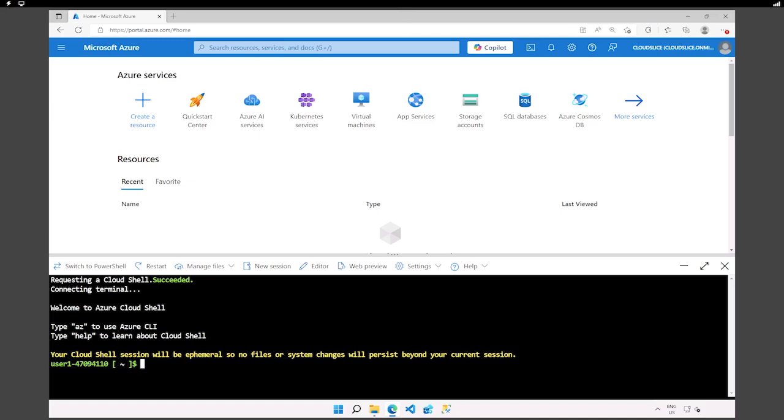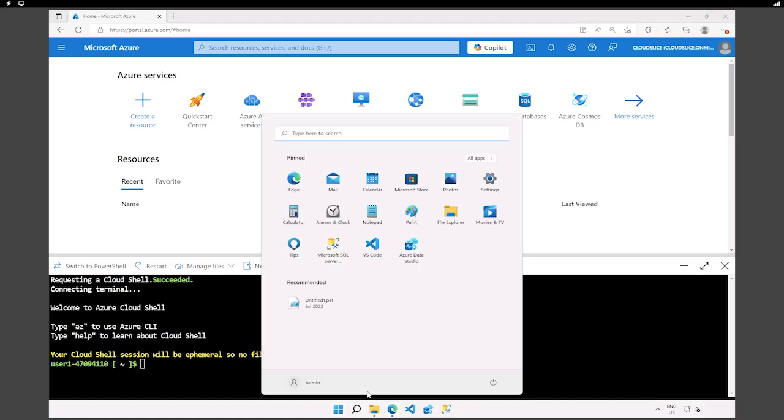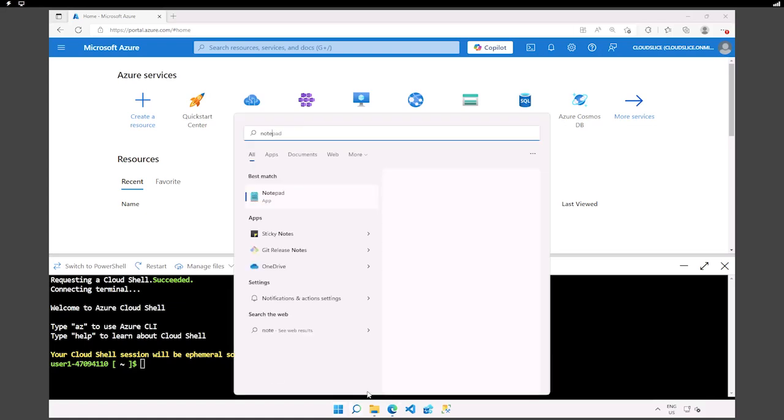So why is that interesting? What are the benefits? Well, think about if you want to add automation into the picture. If, as part of our life cycle for an application, we need to deploy our resources over time, do we want to do it manually directly on the portal? Well, we can, that's an option, but can we automate this and just trigger a script? Yes, as well. So that's the intent of this demo as well: how to deploy the resources with a script. So in order to do this, I'm going to open the notepad.